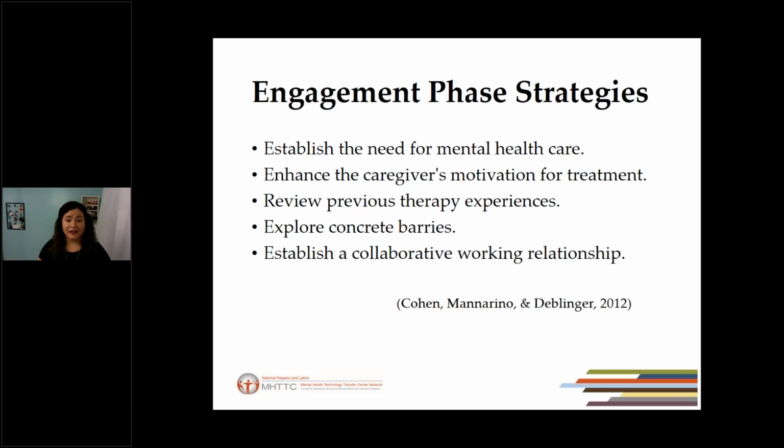If your client, we need to explore previous therapy experiences, because sometimes they went to a therapist that didn't know about cultural values, or therapists that didn't know how to treat Latinos or know about cultural factors that impact the way we see life or the way we see different situations, and specifically, I would say religious belief and spiritual belief that are crucial, right? So it is important to explore what helped the person, if the person was in therapy before, and what did not help.